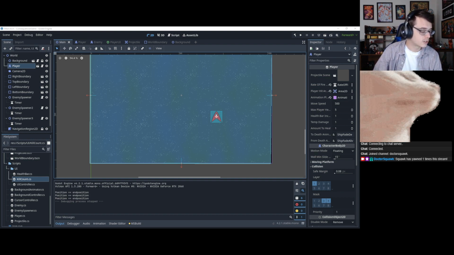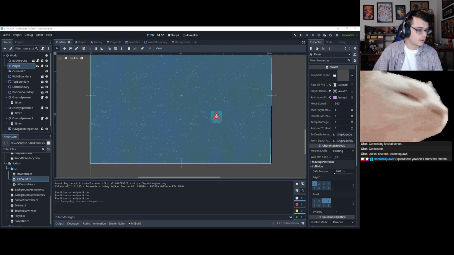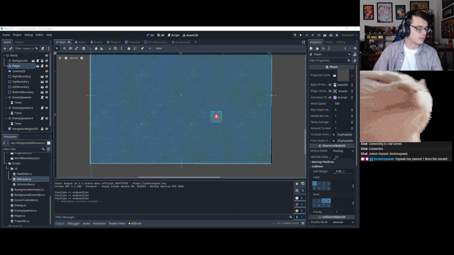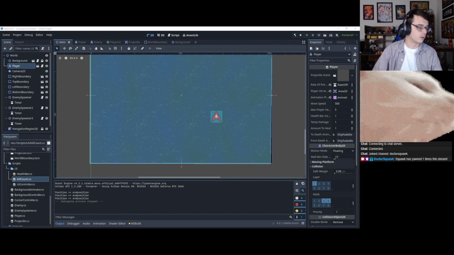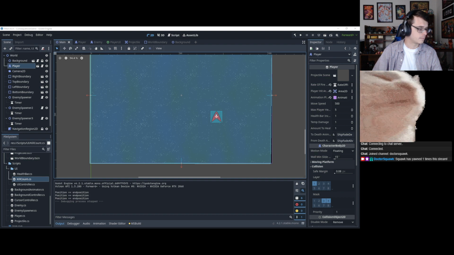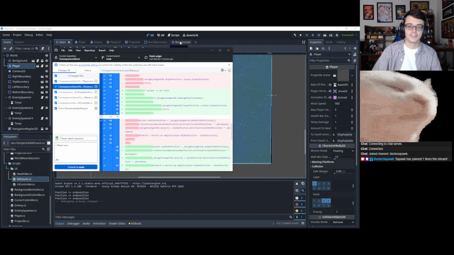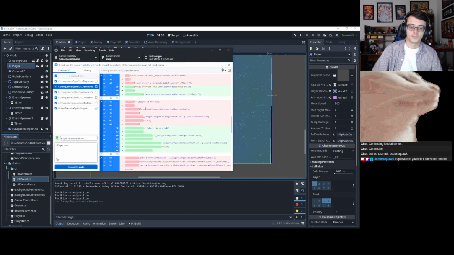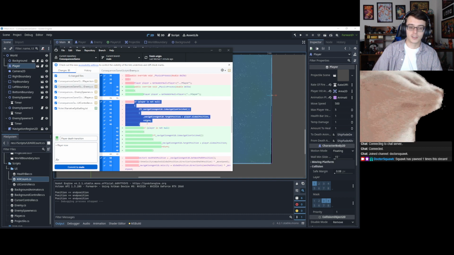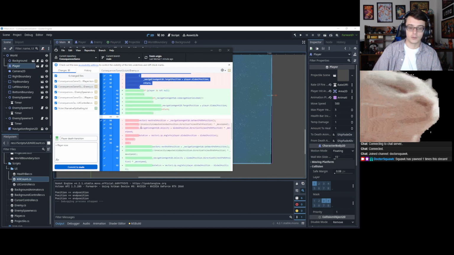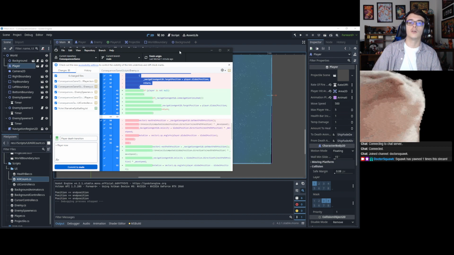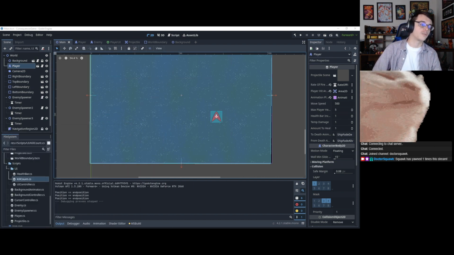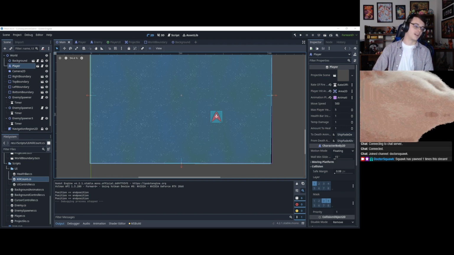Apparently it thinks I've changed the enemy script by removing all of the code and then adding all of the code back. I don't know why that would be the case. I've got like removed these lines and then, oh wait, hold on. Oh, they're tabbed. Oh, I changed it from spaces to tabs. Yeah, that's what happened.